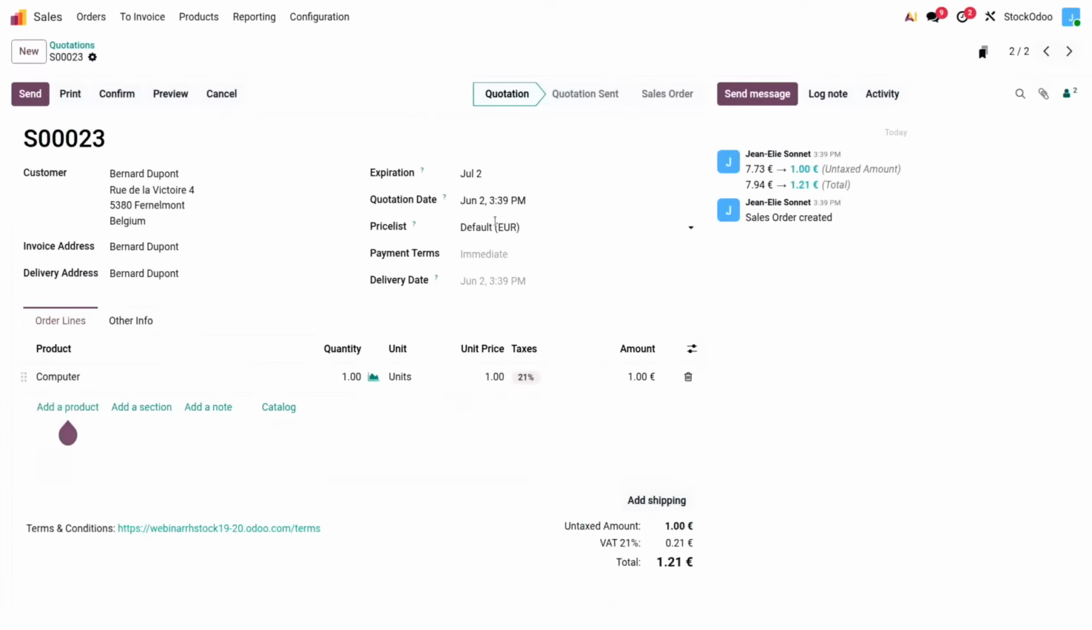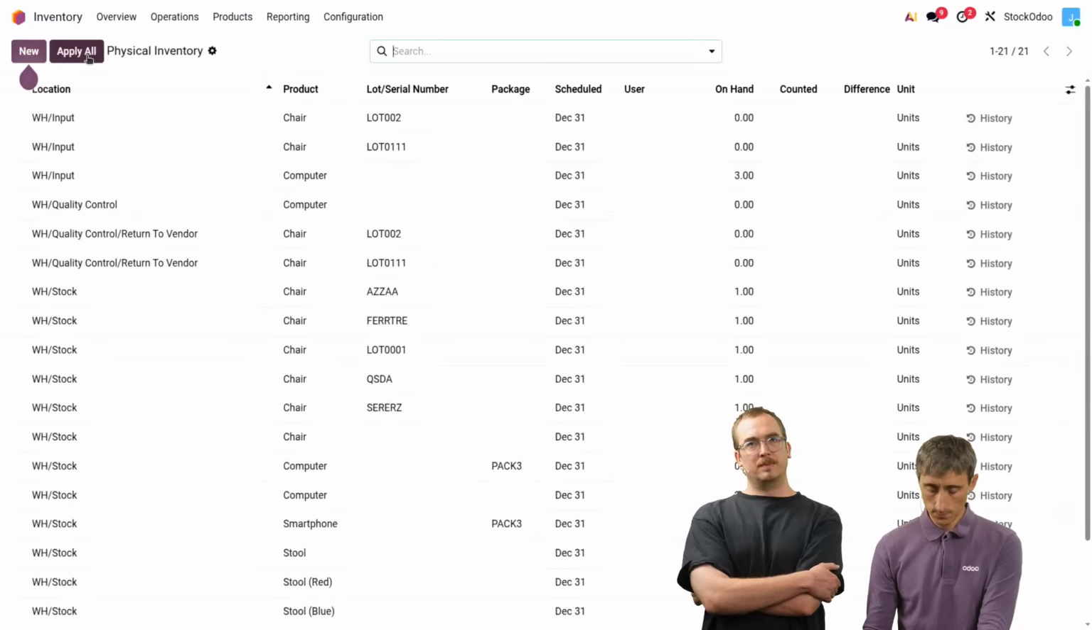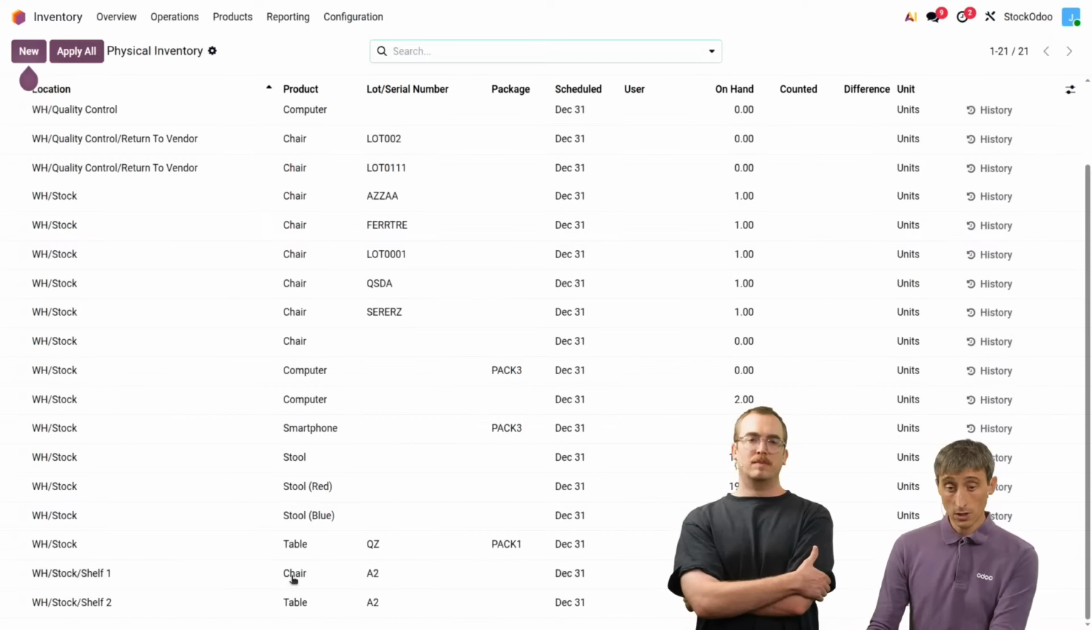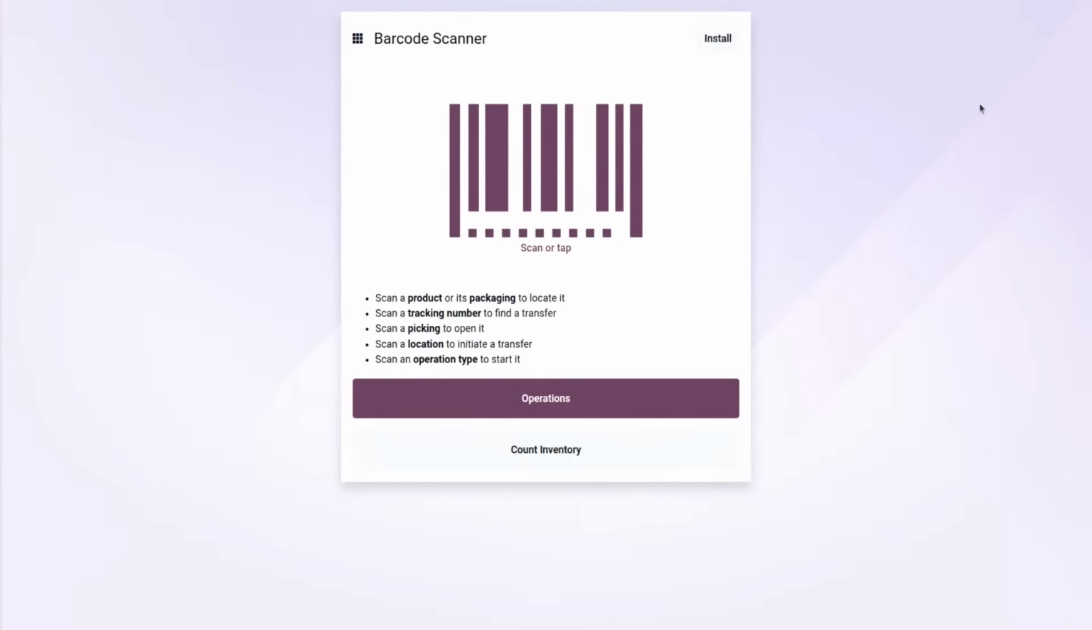So the first one, I go back to my database, and if I go to my physical inventory, I normally had prepared, you can see here I have a chair and a table, and both have the same lot number. So it's not something that happens for all products, but it can happen. You have different products with the same lot or serial number. Before, when we went to the barcode,